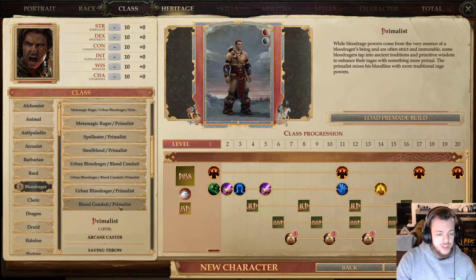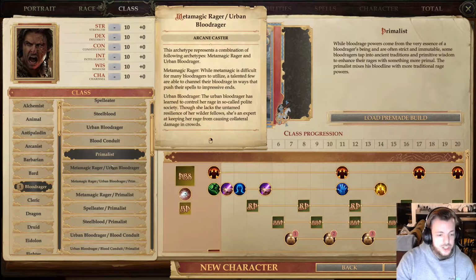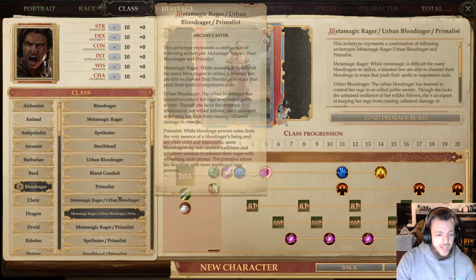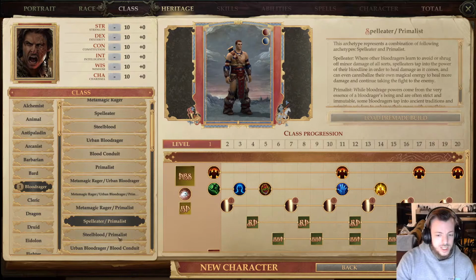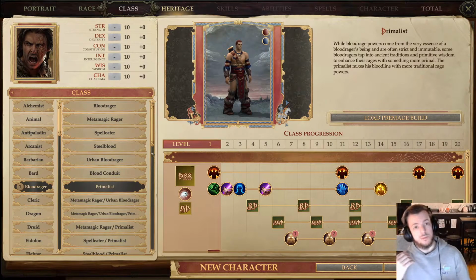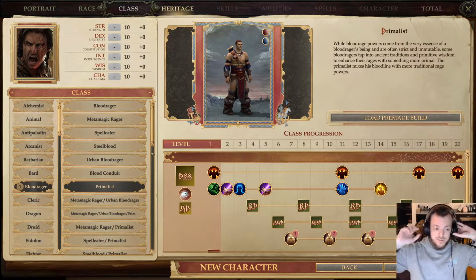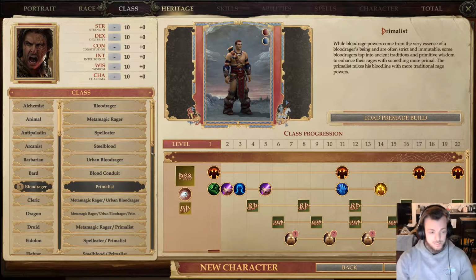If you're wondering about these hybrid things here, all these slashes, they're just hybrid combinations by the mod creator for combining some of these archetypes. I don't really use them per se, so I don't mess with the hybrid stuff very often. But